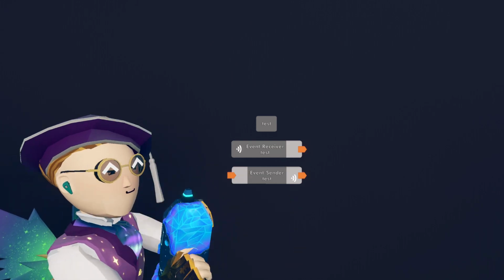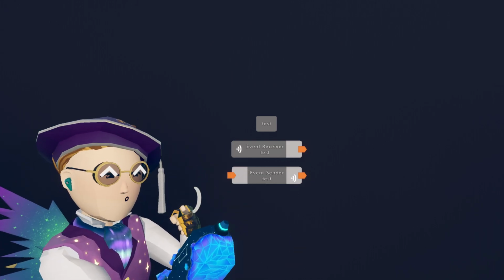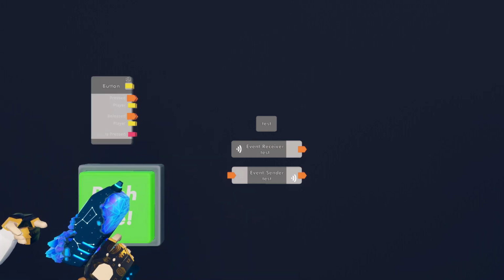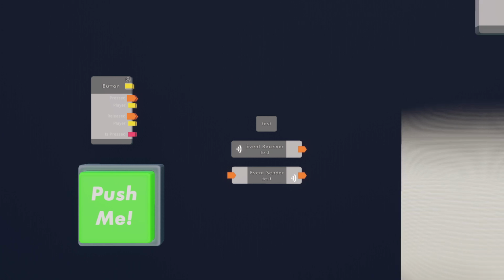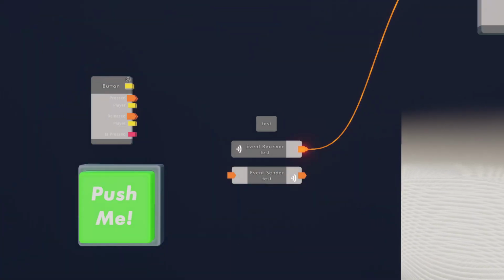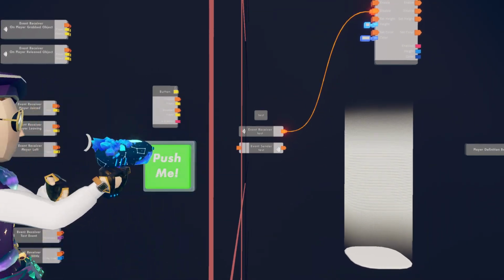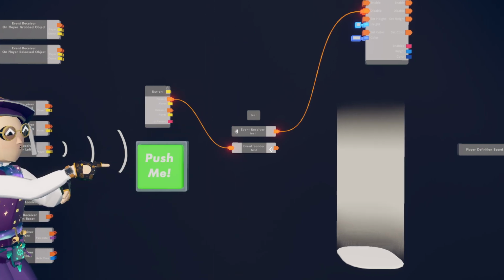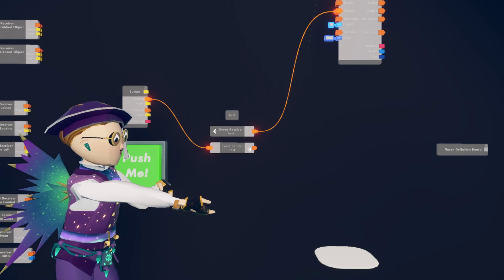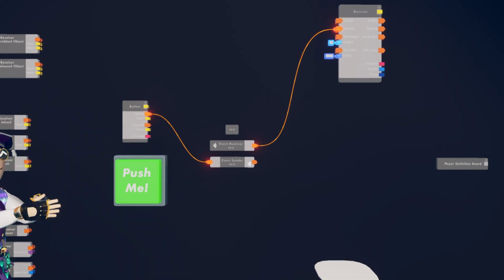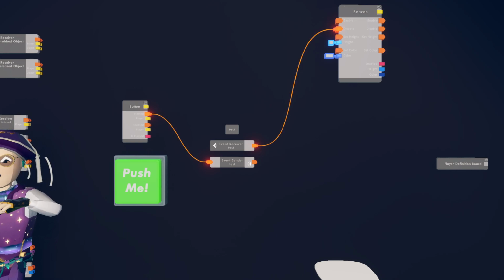So if I place a button and a beacon, in this case I'll connect the output of the receiving event to turn off this beacon and the sender to the press of this button. So now when I press this button, it'll send an event and it'll receive it and turn off this beacon. Does that make sense? Just pretty basic events.